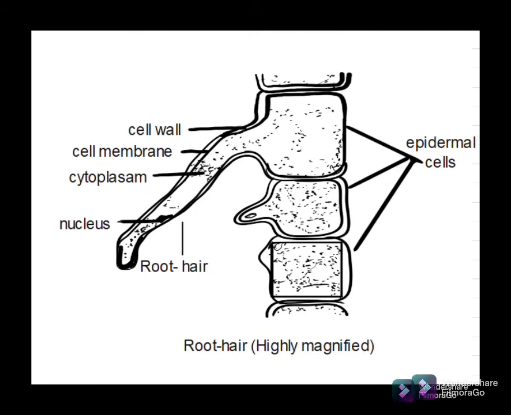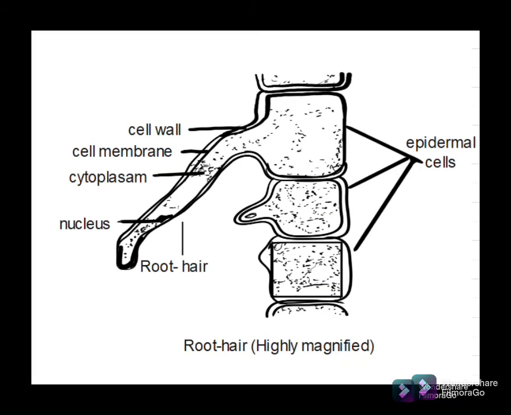Before going into detail about the osmosis process, let's learn the structure of the root hair. Look at the diagram, you can see a magnified view of a root hair. It is a long extension of an epidermal cell of the root. Epi means the outer layer. This cell, being a plant cell, has an outer cell wall and an inner cell membrane. The outer cell wall is rigid and the inner cell membrane encloses the nucleus, cytoplasm and its contents.